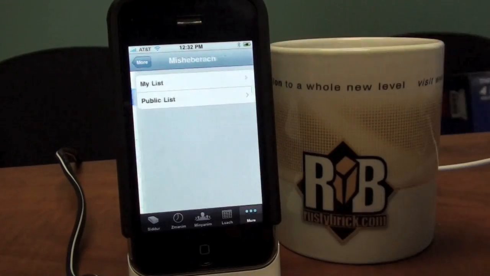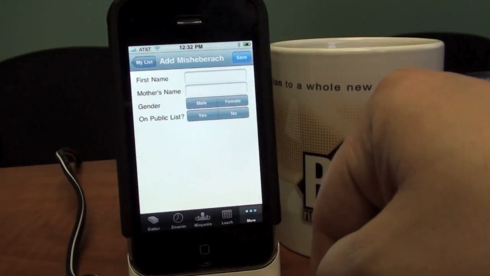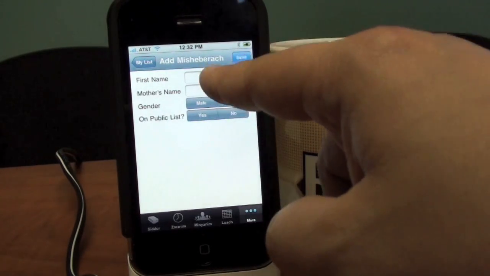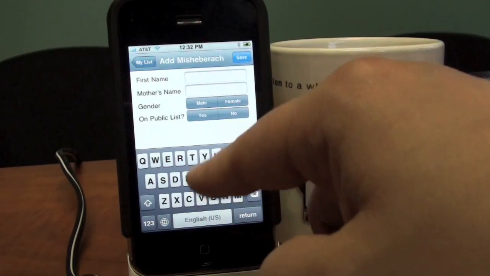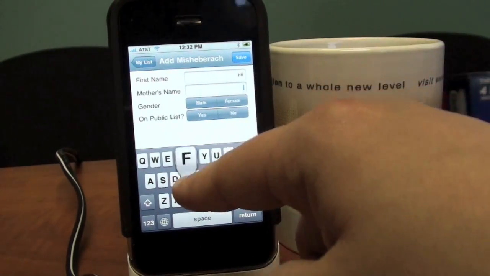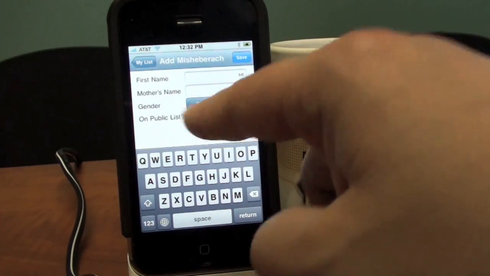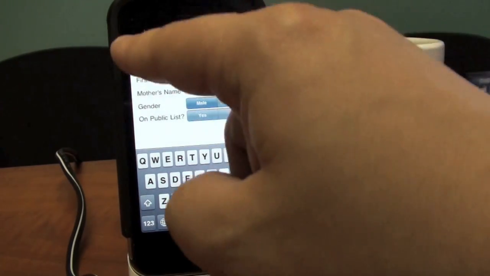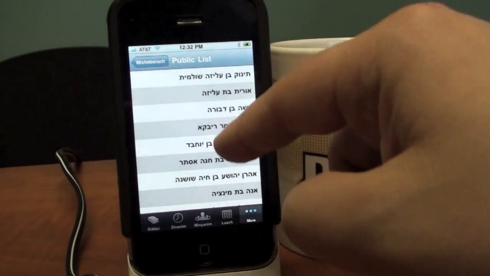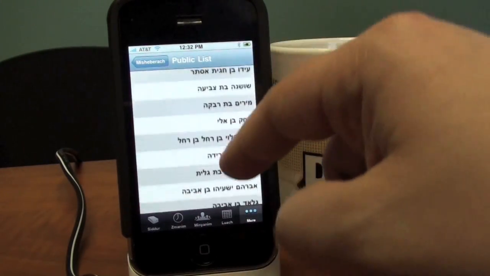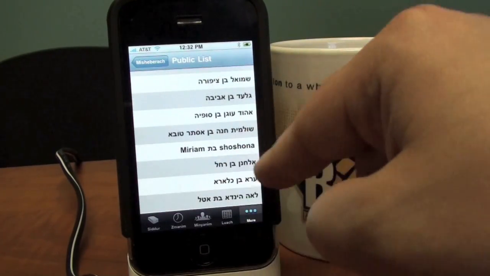There's the Mishaberach section, which allows you to add Mishaberachs directly into your Siddur, as well as share them with other people. So if I wanted to add a new one in either Hebrew or English, I could do that. You just type in the name, the first name and the mother's name, gender, and whether you want to share this with other people who have the iPhone Siddur, yes or no. I'm not going to do anything there, but what I'm going to show you is the public list. There are lots of people who are sharing their Mishaberachs both in English and Hebrew, as you can see over here,